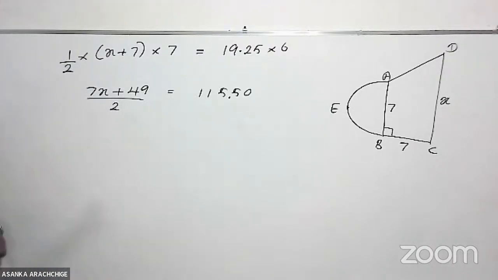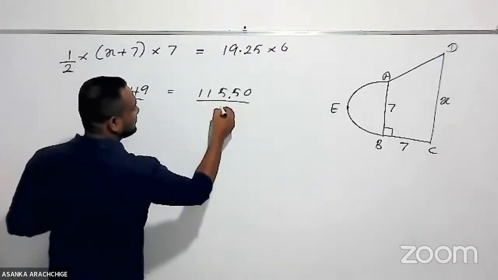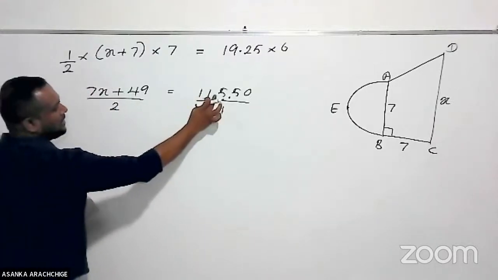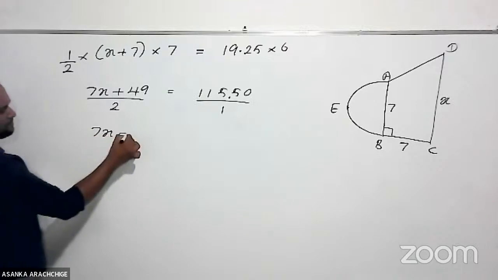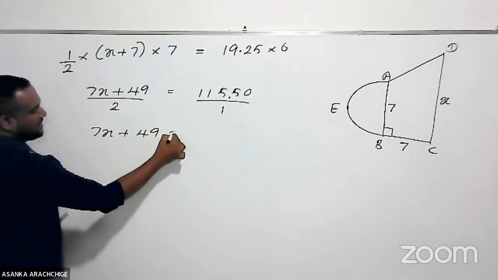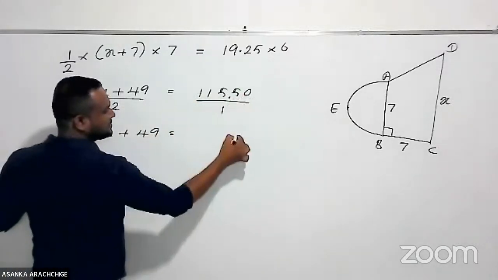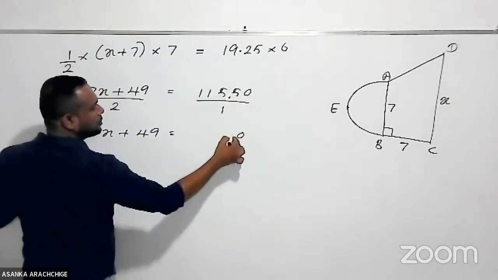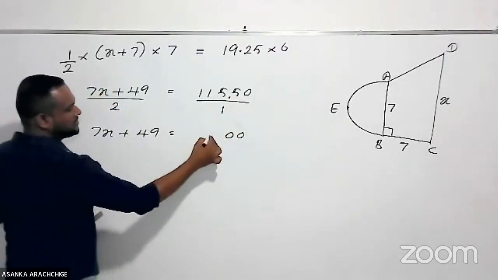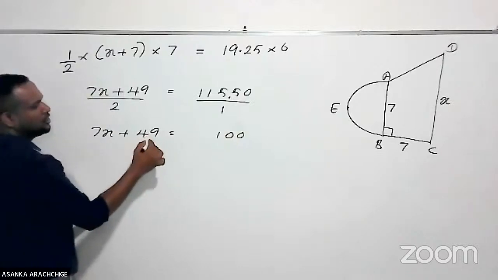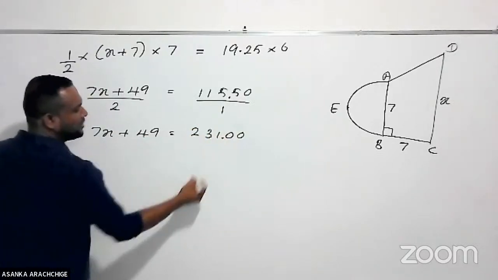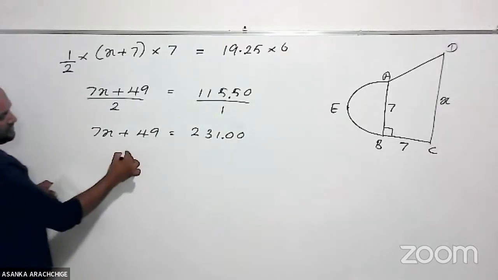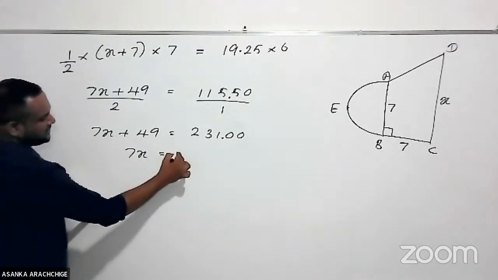Multiply 115.5 by 2. Then 7x plus 49 is equal to 231. Two times 5 is 10, 10 plus 1 is 11. 2 times 1 is 2, plus 1 is 3. 2 times 1 is 2, and 2 decimal places. Therefore, 7x is equal to